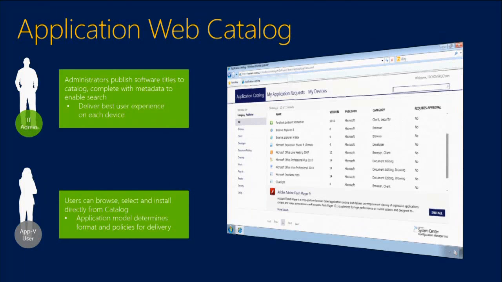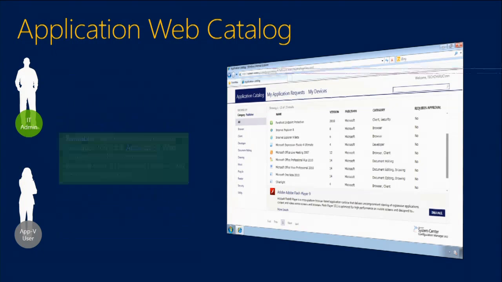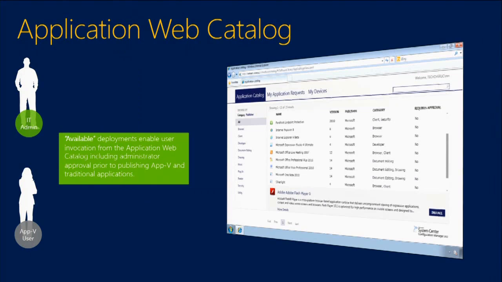The last thing that you'll be able to see with the Configuration Manager integration is the ability to pull down AppV applications through our application web catalog. What that basically does is give your users the ability to pull the application down from a central location. So again, for those of you that are Configuration Manager admins, this is a simple way for you to manage all of your applications in the same place. Again, this is a simple configuration for your application web catalog, and it simplifies the way you manage your infrastructure.